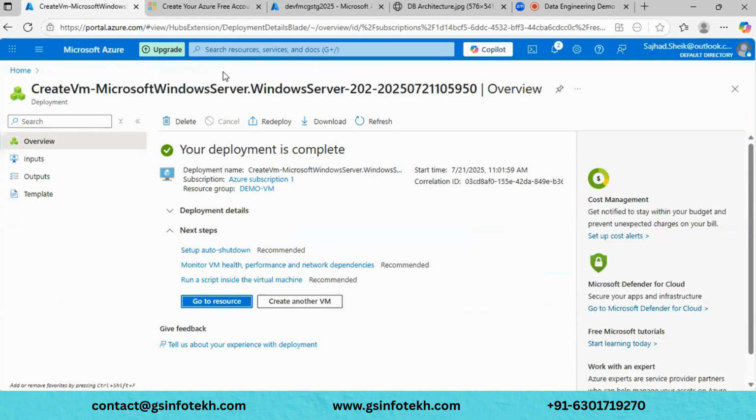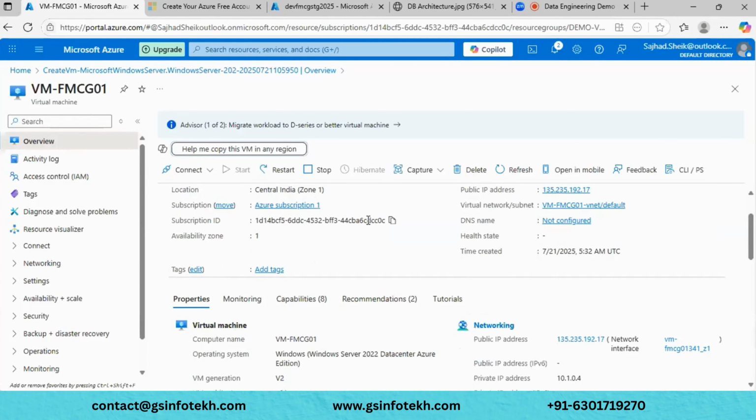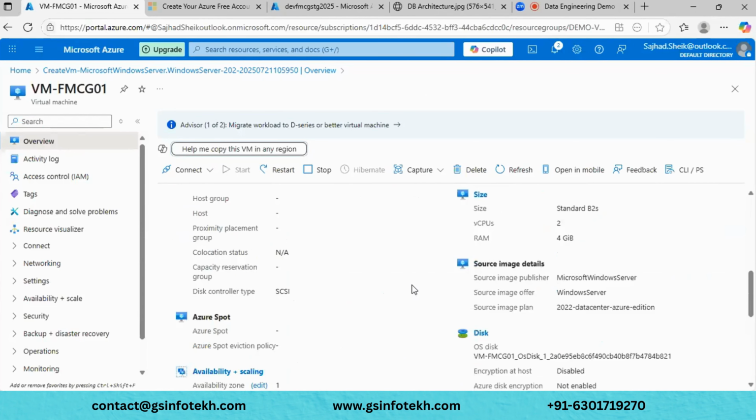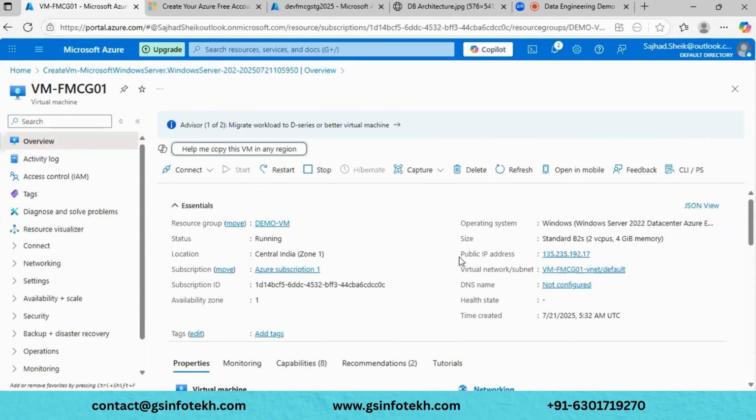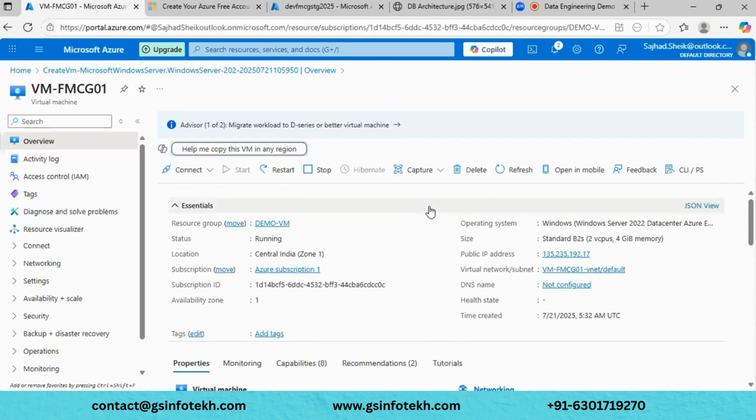Just now I had created this virtual machine, and once we get into this virtual machine, this is something like Windows, and you can create whichever virtual machine you want. This is a Windows virtual machine, and you can see options like restart, stop, and start. This virtual machine is already started, and if you have any issue in your virtual machine, you can restart. It is similar to your laptop, and these virtual machines are created in a cloud environment, and everything will be managed by them. Inside that virtual machine,